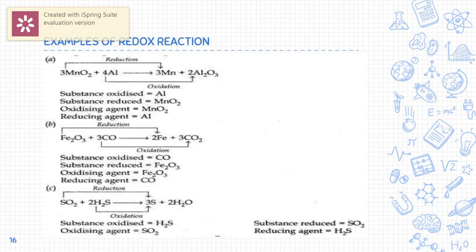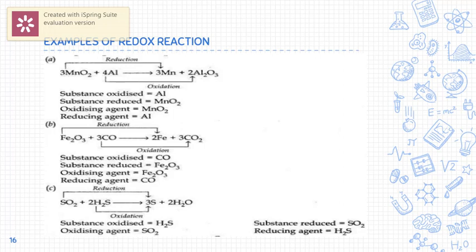How? See, MnO2 is undergoing reduction by giving oxygen to someone who is in need. So it is giving its oxygen to someone, here it is aluminum. So it is helping the oxidation reaction by undergoing reduction. Therefore, it is called an oxidizing agent. Whereas aluminum is accepting whatever is given from the oxidizing agent. So if MnO2 acts as an oxidizing agent, then Al has to act as a reducing agent. Where there is an oxidizing agent, the other one should be the reducing agent. So they are complementary to each other.